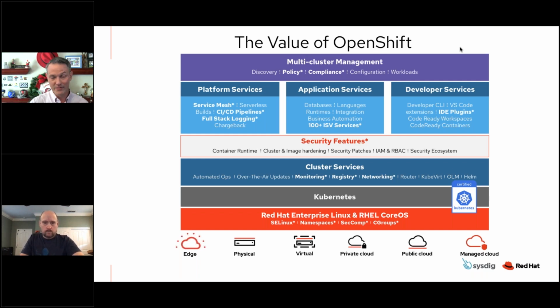There's logging. We have IDE plugins that provide things like dependency analytics for security vulnerabilities. I'm going to just jump over the security features right now and mention the cluster services, monitoring, registry. The Quay registry, it was built with security in mind. It's optimal for DevSecOps. There's a lot of networking features, networking policy features around security. And then, of course, all of this is built on top of Red Hat Enterprise Linux and Red Hat